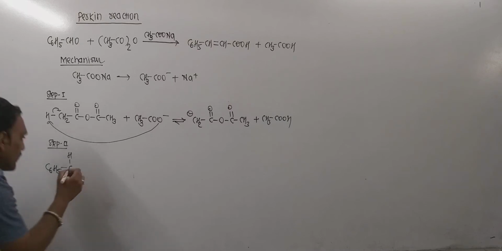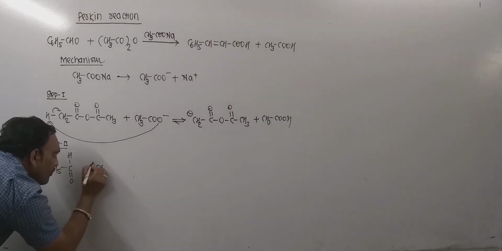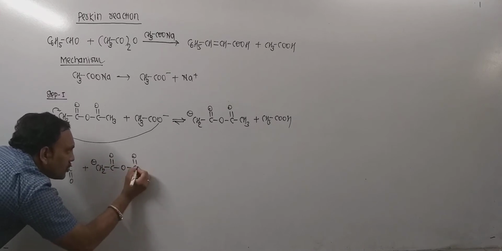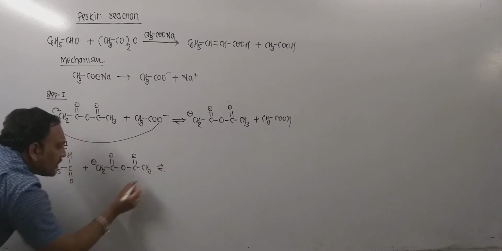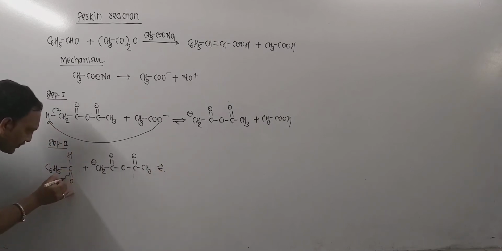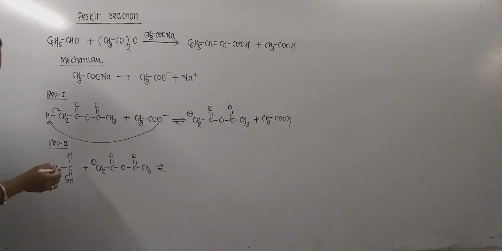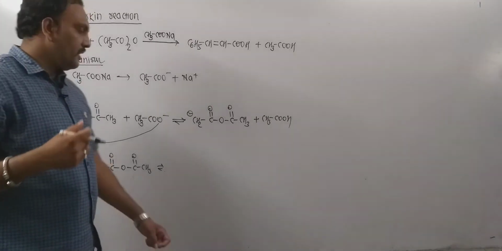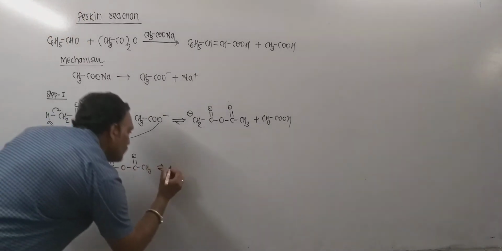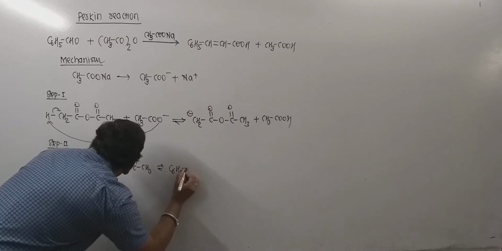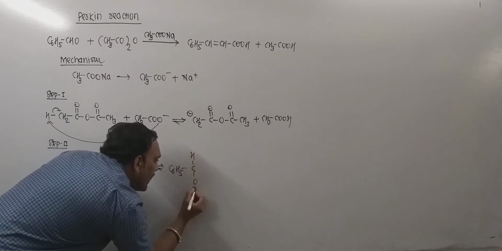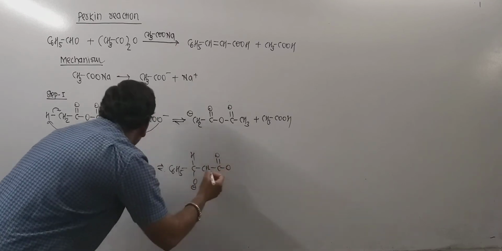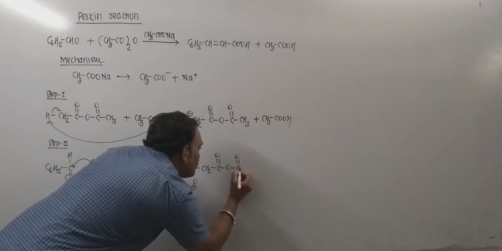So benzaldehyde can be written as, now we know very well, this is the carbanion so obtained. Now we know very well carbonyl group is polar one, thus this carbon is ready to receive what? Carbanion, and due to this an intermediate so obtained can be given as, so this is the newly formed intermediate right here.